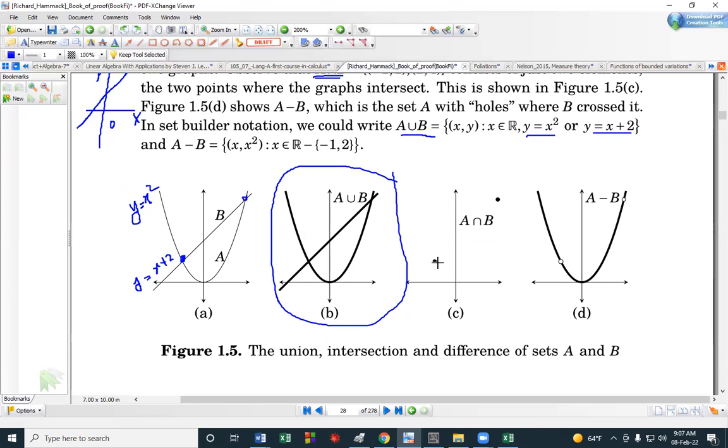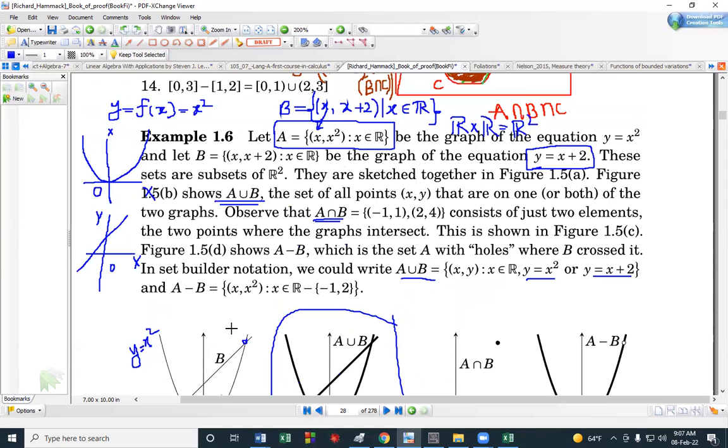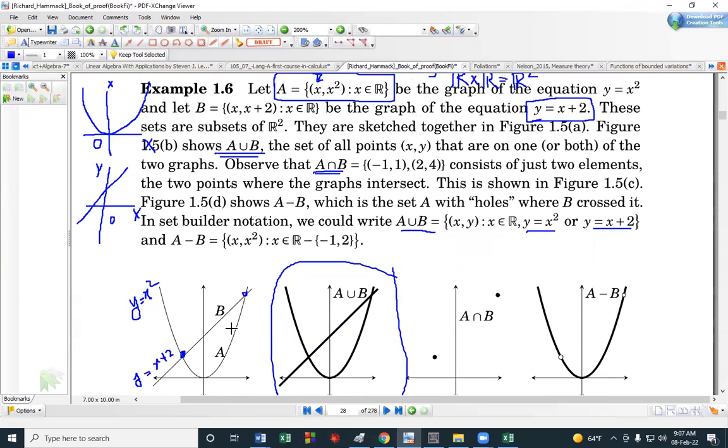So the intersection consists of only these 2 points. But how do we recognize them algebraically? So let me write out A intersection B in a similar fashion. It is the set of all ordered pairs such that